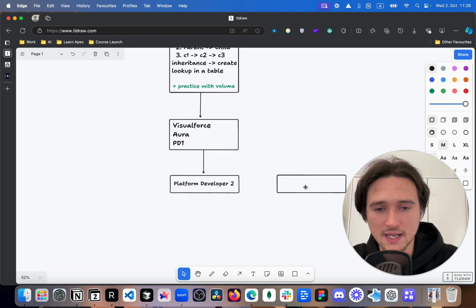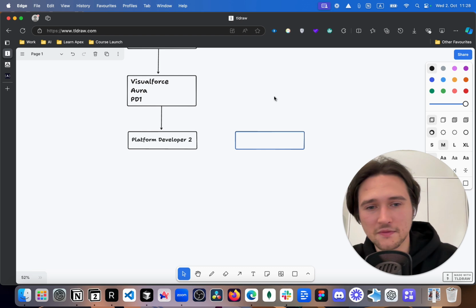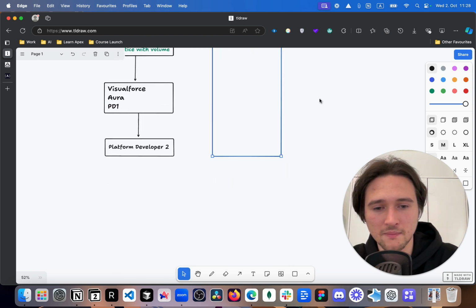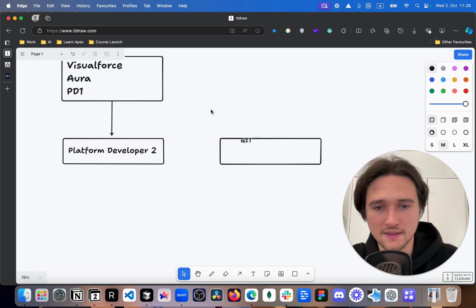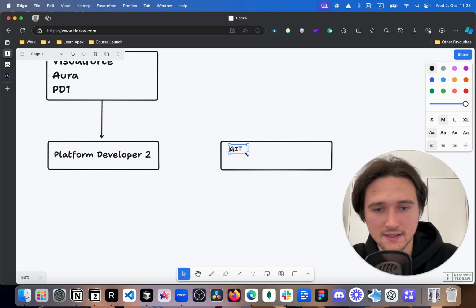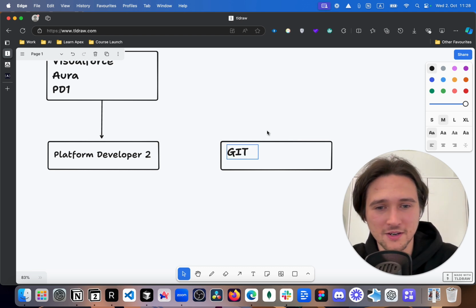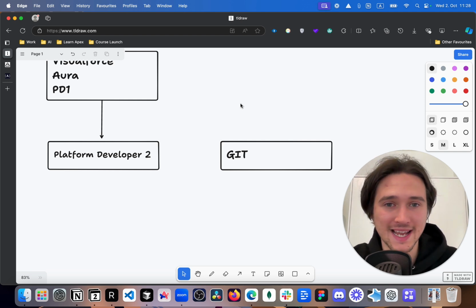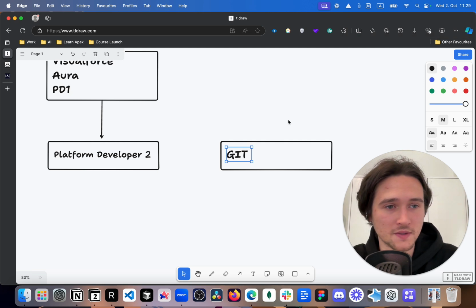Then the next thing that we do is kind of in parallel. That's why I'm putting it here, because usually we are already practicing it all the time. It's that we are studying Git. Git, it's crazy that no one learns Git before they start working as a developer. But this is something that you use as a developer. You would be using Git literally every single day. So you learn it.